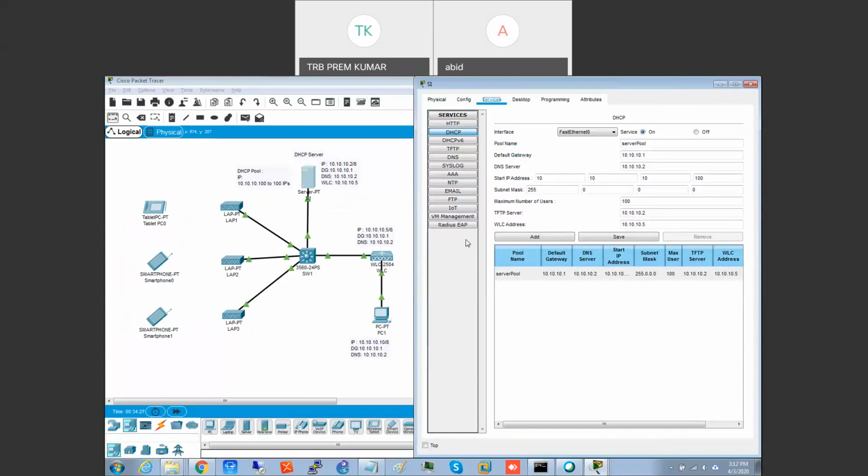Okay. So the start IP address we gave is 100 only, no? 100 only given. Correct.